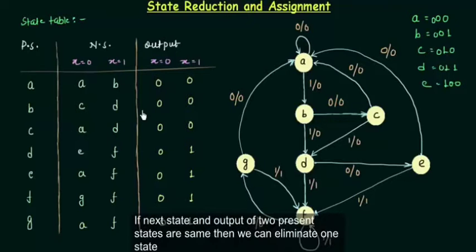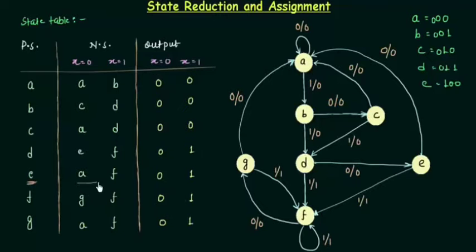If I analyze this table, then I can see for E, I have next state as AF and the output as 0, 1. Similarly, if I see for G, I can see the next state is AF and output is 0, 1. Let's see in this state diagram, if I am on E and I have input as 0, I will go on A, and if I have input as 1, I will go on F. Similarly, if I am on G and I give the input equal to 0, I will go on A, like I was going on A when the input was 0 in this case. Similarly, if I give input as 1, I will go on F, and in this case also I am going on F if input is 1. So they have the same output and also the same next state.